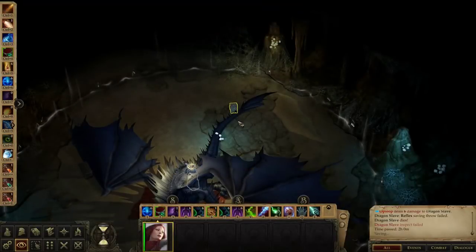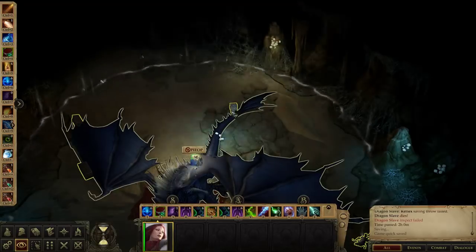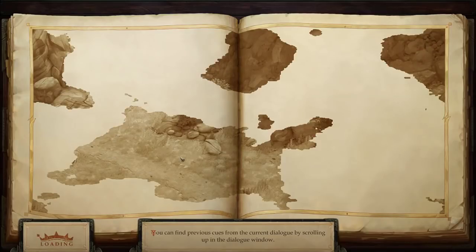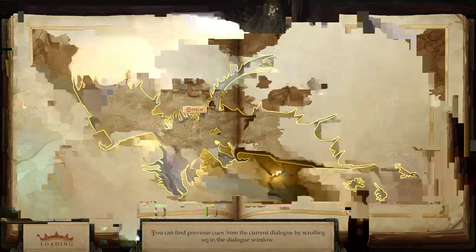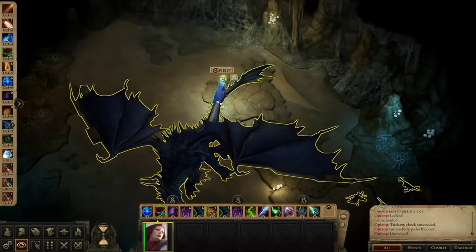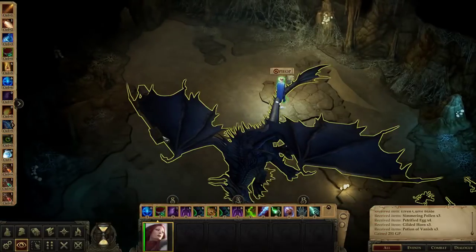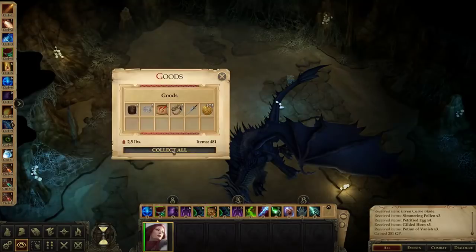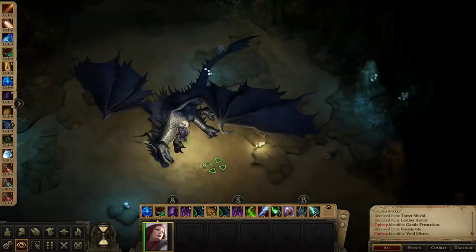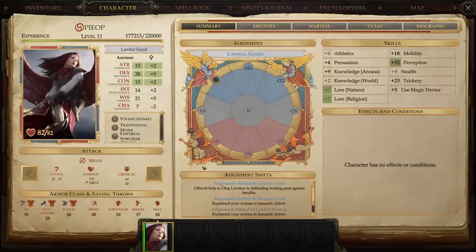You might have to reload for this chest, so quick save before opening it. But there's nothing special in the chest. There's like some Invis potions, which we don't need because we already have the Invis spell. And some gold, I guess. You don't need to kill the goblins in this cave because they don't give XP. I mean, some of them died as collateral damage, but...